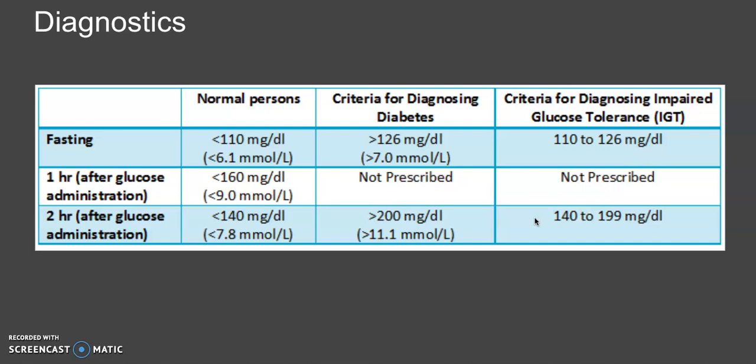They may not eat healthily. They may have hypertension or another type of disease. And so they are somewhere in between what normal is considered and what diabetes is considered. So their doctor might prescribe that they change